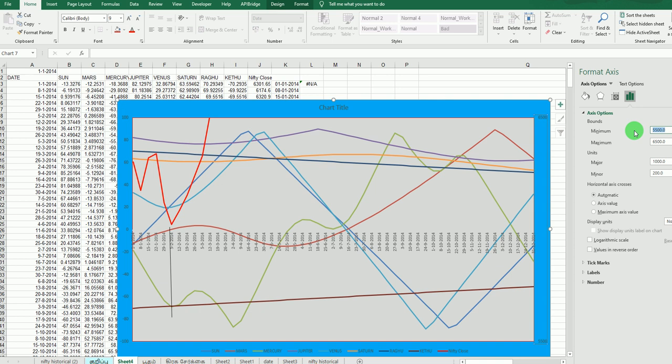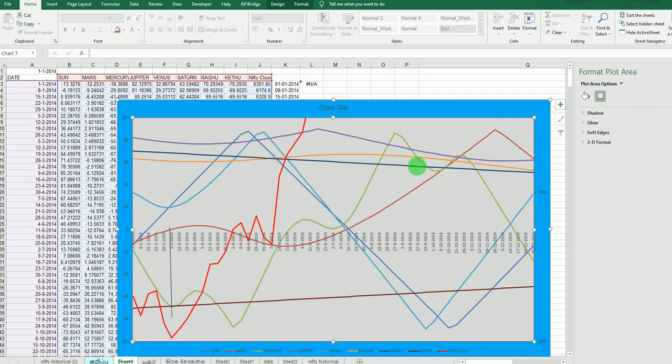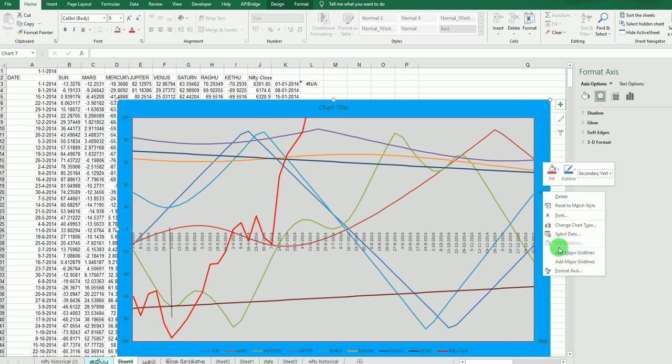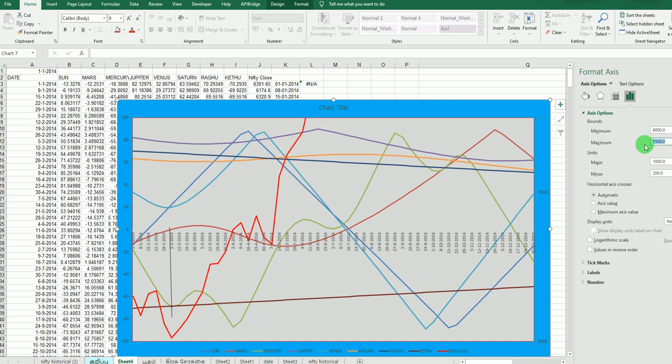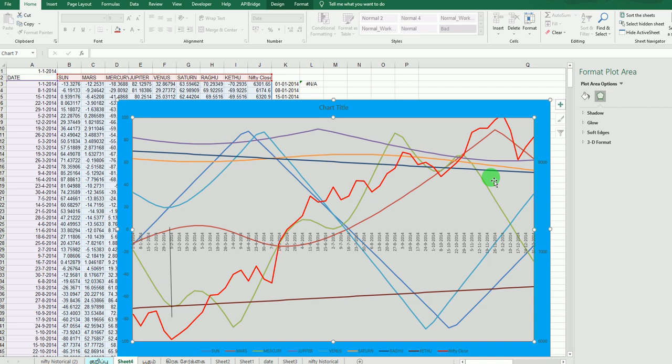We should modify 6,000, 7,500. Still we need to modify 8,500. Now we look.